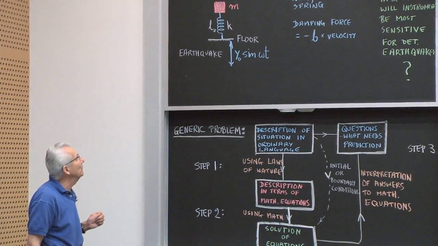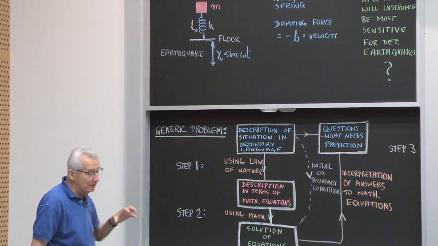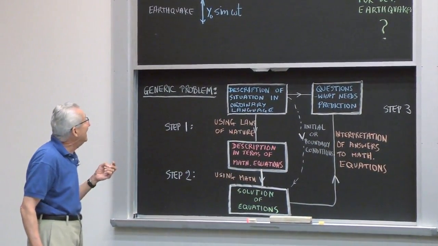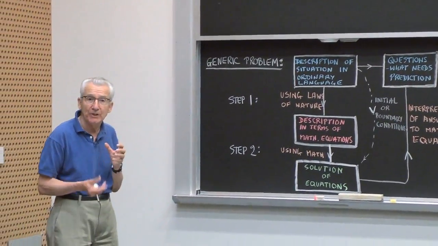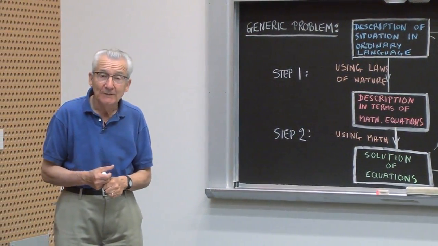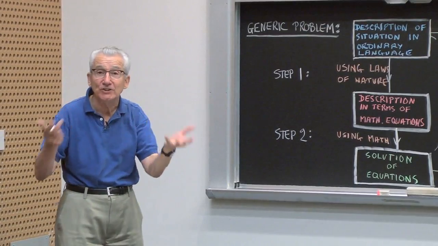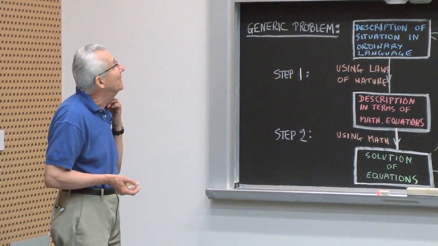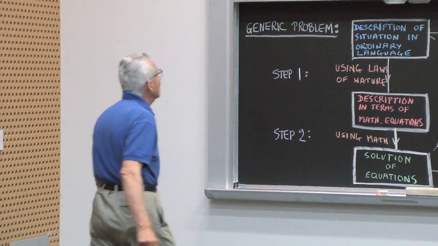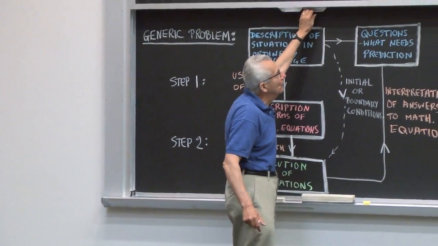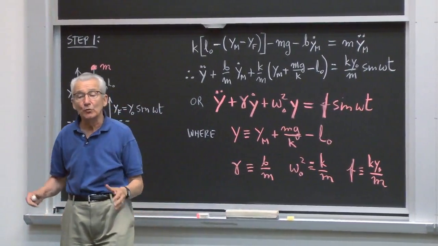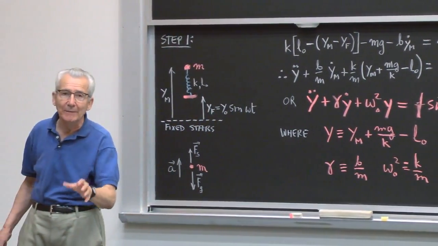And the question this time will be not to predict where that mass is at a given interval of time, but the question is for what values of the mass and the spring constant K will I get the most sensitive instrument? So this seems completely different. Even the question seems different to the other ones, etc. But as you'll see, it all boils down to one and the same question. Okay? So how do we do this? So let me now come to step one. Understanding the situation, the problem in terms of mathematics.